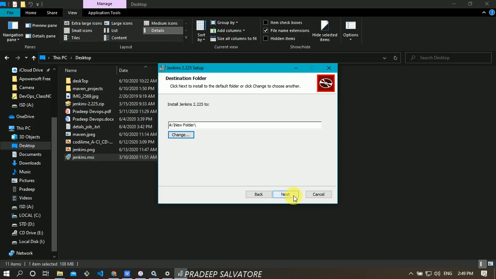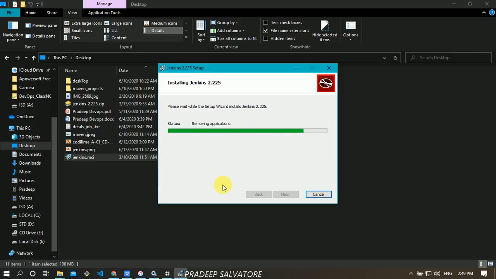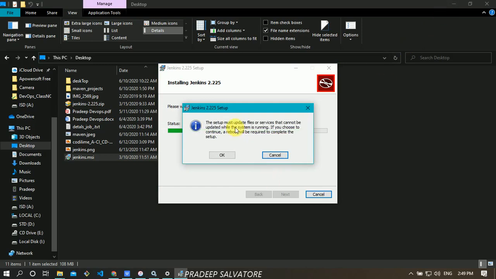Here I am installing my Jenkins. If you click install, it will get installed. It will take a couple of minutes. A reboot will be required to complete the setup.